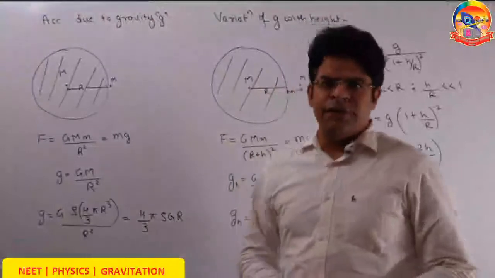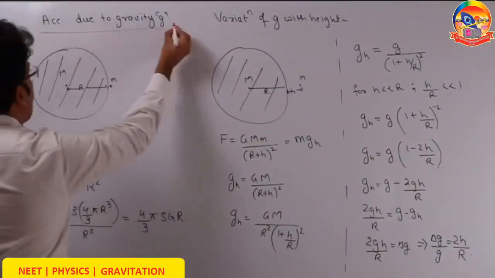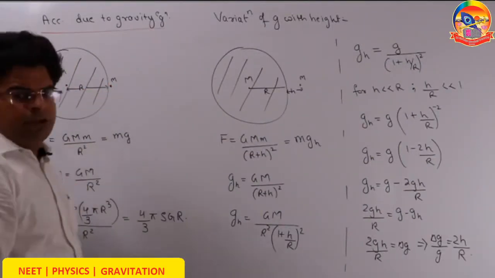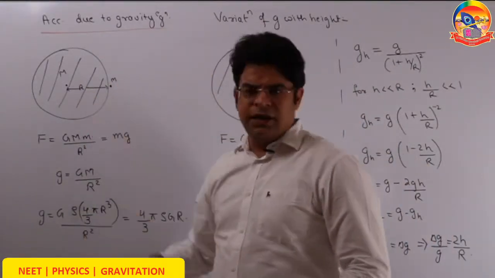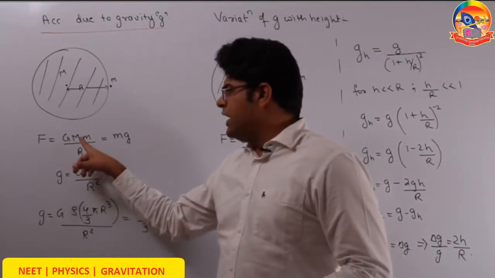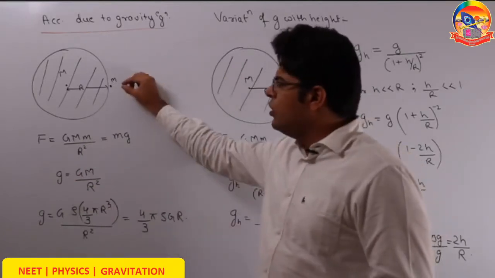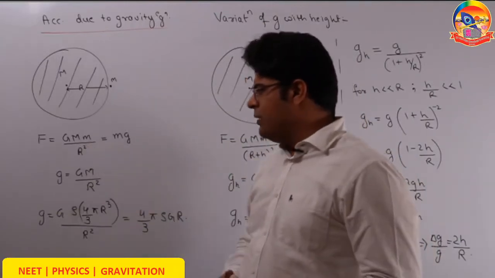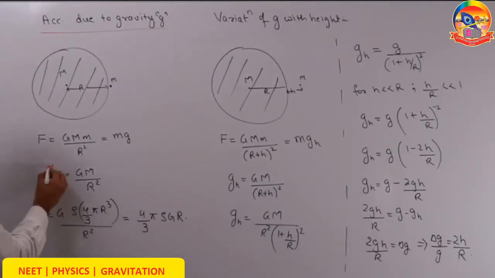So the next heading, that is acceleration due to gravity. Let's say this is Earth having mass M, radius R, and a particle of mass small m is placed on the surface of Earth. The Earth will apply a force on this mass, gravitational force, given by universal gravitational force GMm by R square. And we know from everyday life, the force on a mass m placed on the surface of Earth is mg. So GMm by R square equals mg. Cancelling out m and m, we get that the acceleration due to gravity on the surface of Earth is GM